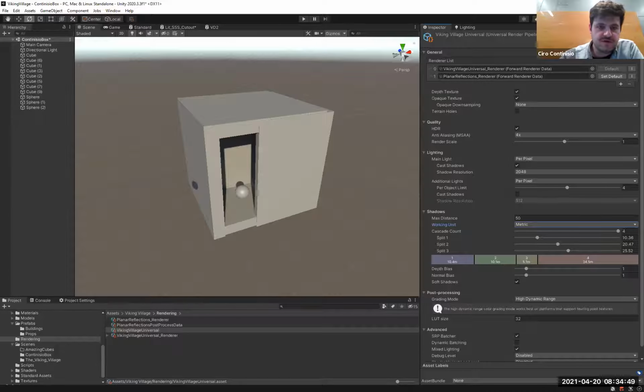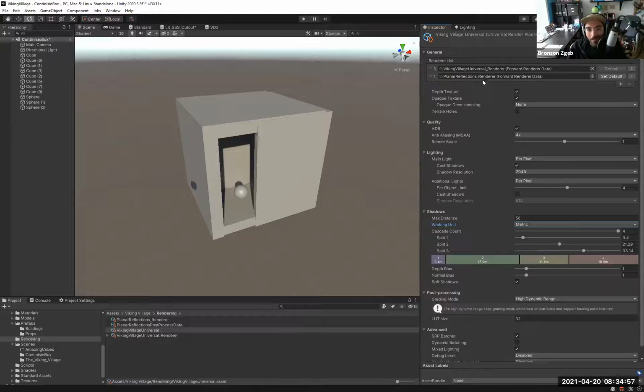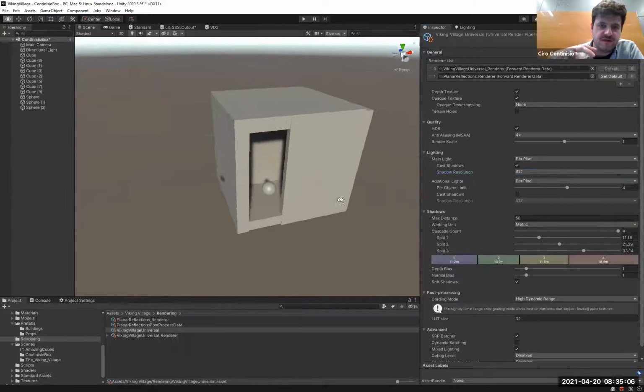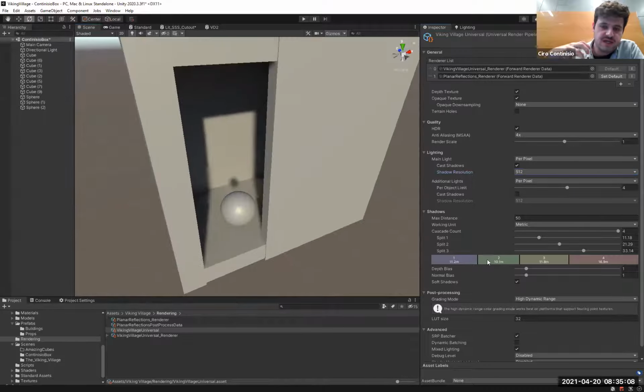So you're playing with resolution. You have a certain resolution which you define in the asset, which is here on screen. You see the shadow resolution at the top, set to 2048. And then you distribute that resolution across these cascades. So you have a percentage of that used for closer objects, a percentage used for mid ground, and a percentage used for faraway objects.